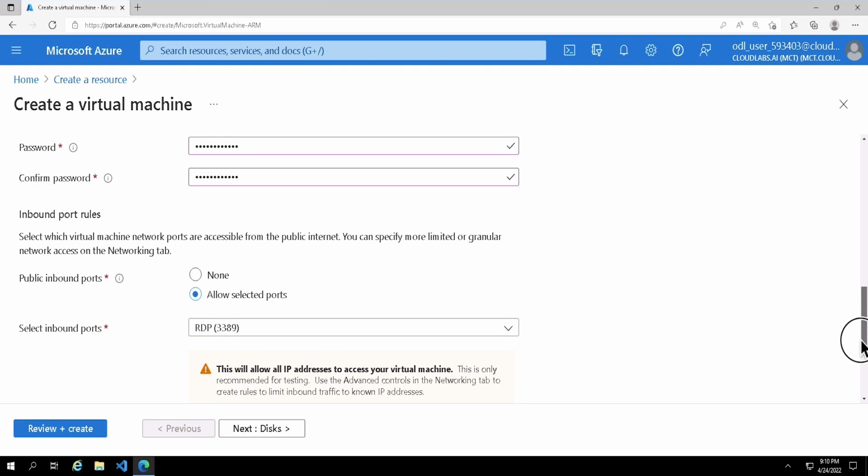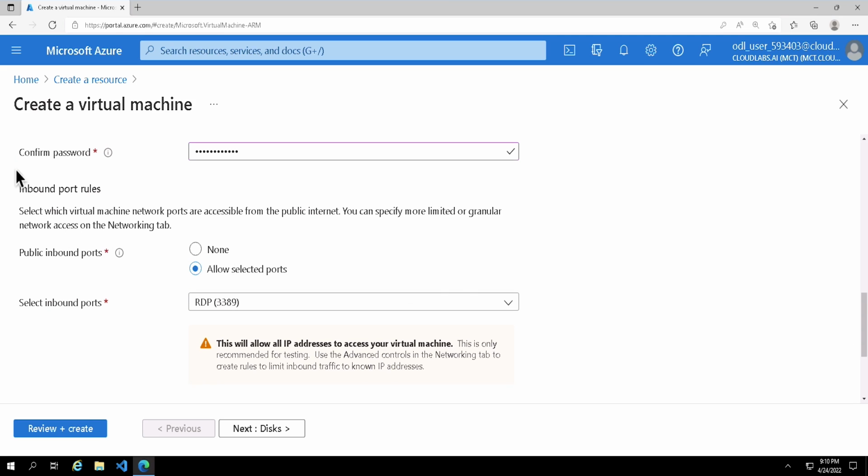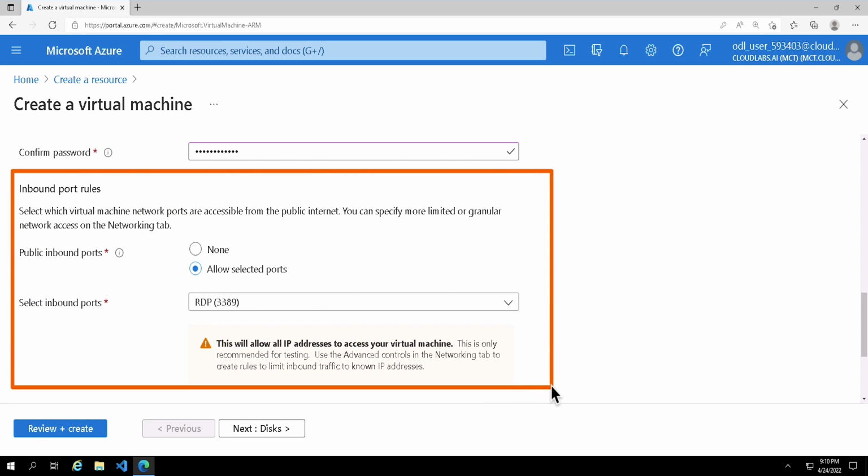virtual machine. The next step is where you're going to decide what sort of inbound port rules you want to allow for this virtual machine. This again is quite an important step. Usually you should go with none because you should use different ways to allow access to your virtual machine other than RDP. But for this instance, I'm going to allow RDP because we are going to test this virtual machine